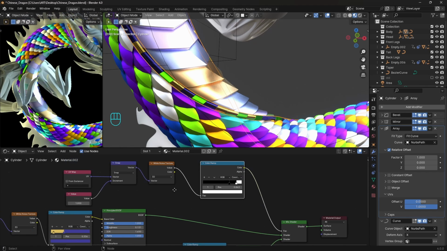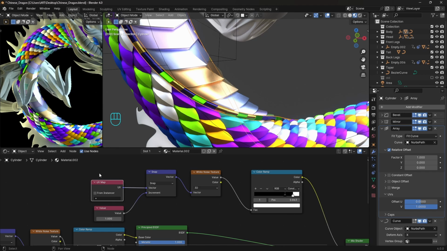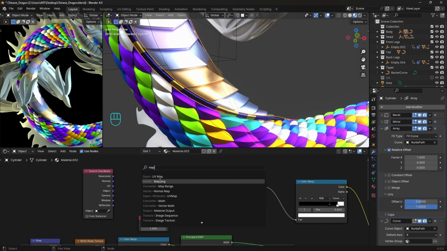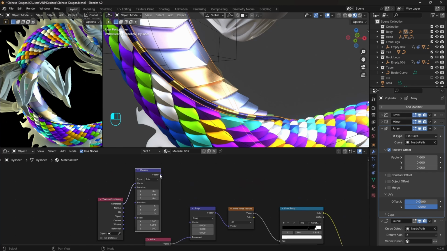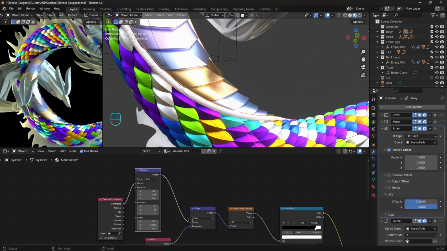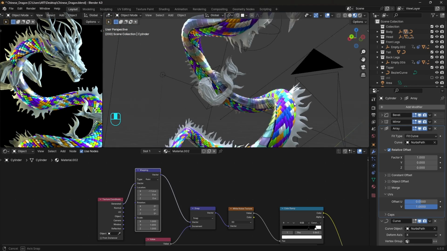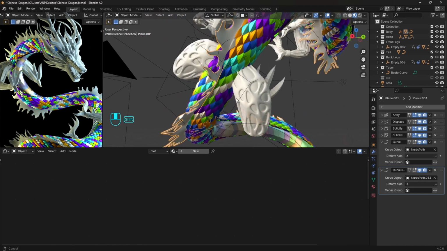We can also animate it later, and for this we have to remove this UV map and add a texture coordinate with a mapping. Plug the noodle like that, and we can use the X location to offset the emission, and that's how it works. We'll add the keyframes later. For now we can move on with the comp on the back.